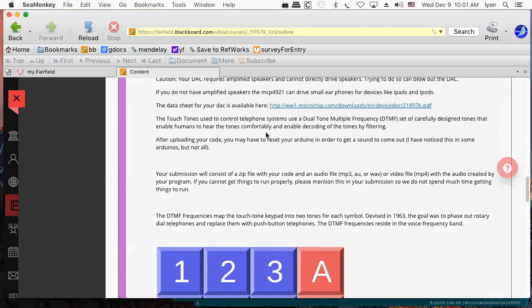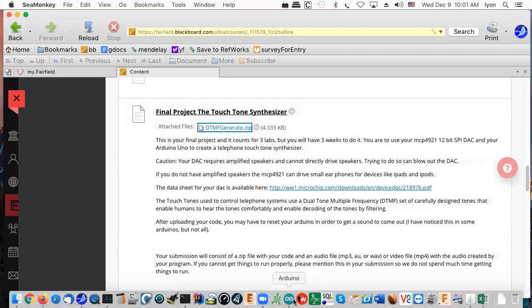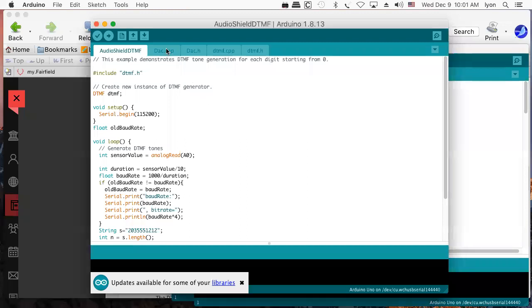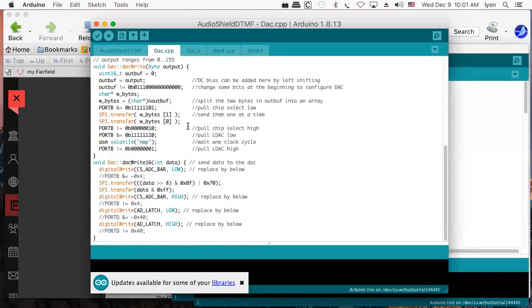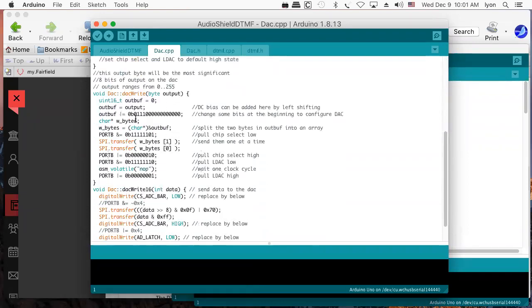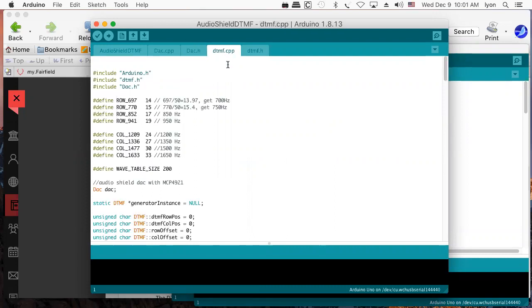Just to review, you were supposed to download the DTMF generate.zip code and unpack it. If you've been following along, you can see what I've been doing in terms of development. I created a separate DAC class, so you could make an instance of a DAC, and then I gave it a couple of write facilities, one for 8-bit writes and the other for 16-bit writes. I gave it a header file, and then I created a DTMF